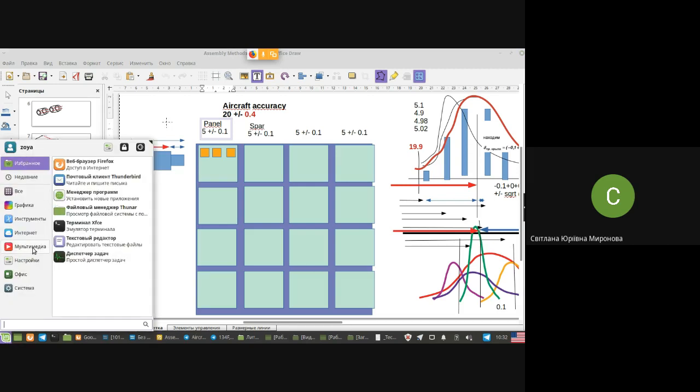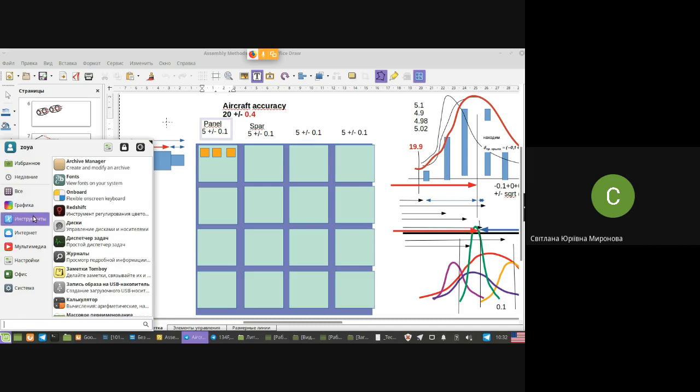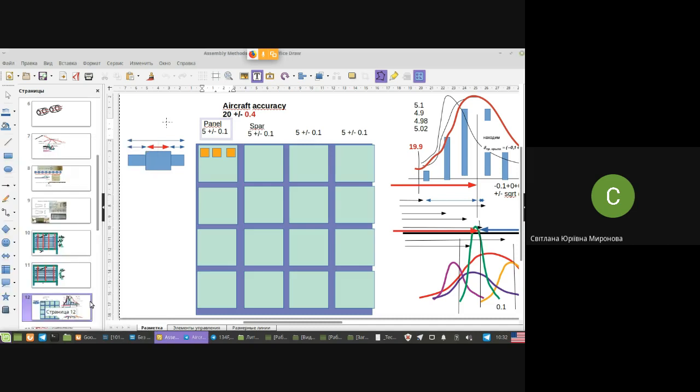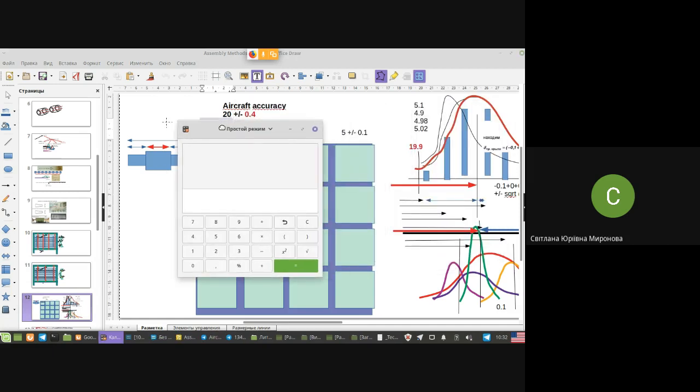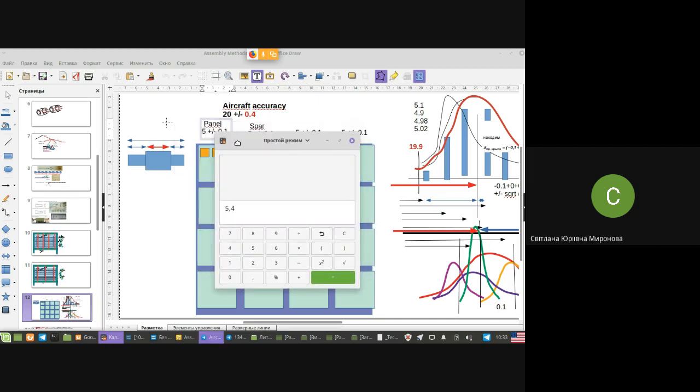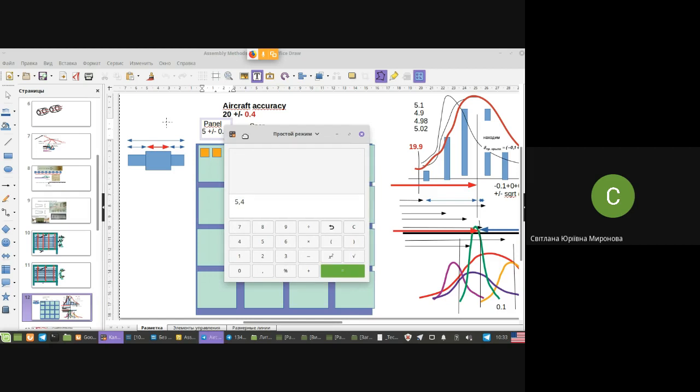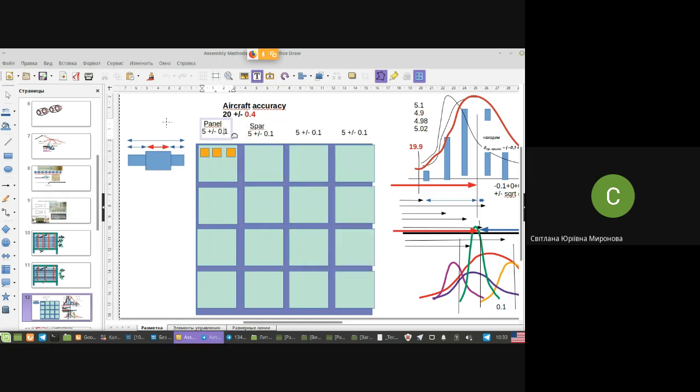What do you imagine, that we have 5.4, the maximum possible size in this case, if the tolerance is plus minus 0.4 here,